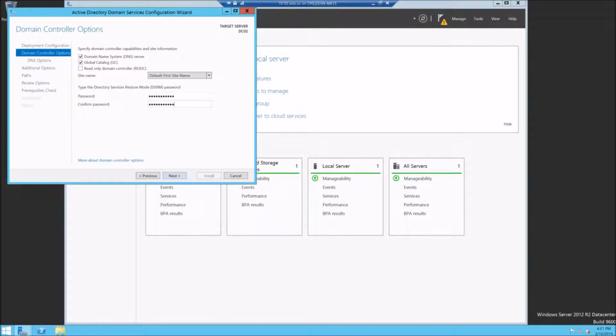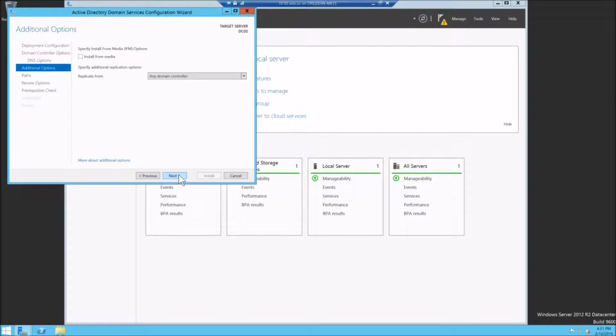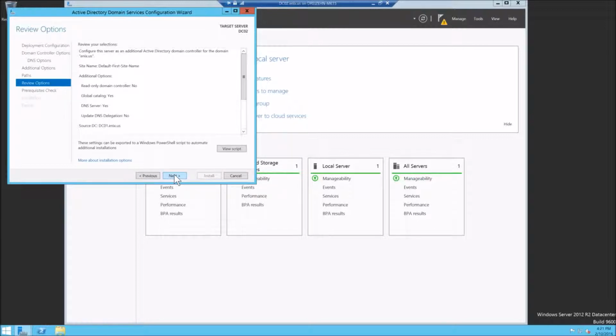I'm going to set the DSRM recovery password. And there is no parent to unix.us. And we're going to replicate from DC01 because that's the only other domain controller. And we're going to set the install